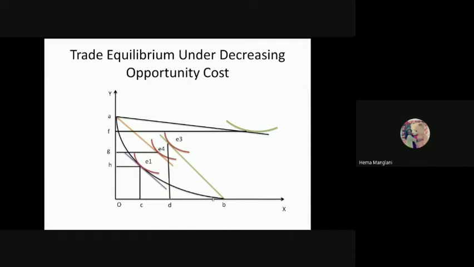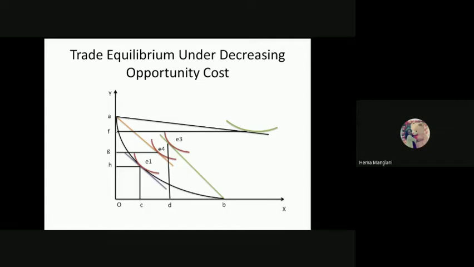So again, you will move to this production point A. Okay, so now this country would continue to produce only Y, and they drop the commodity X, and with this, the country would arrive at the higher community indifference curve. You can put it 5 also, or maybe my numbering is wrong. You can put E1, E2, E3, and there is E4. Okay, so this is the last community indifference curve where your consumption is at the highest welfare point in this diagram, and you are producing this triangle of exchange.